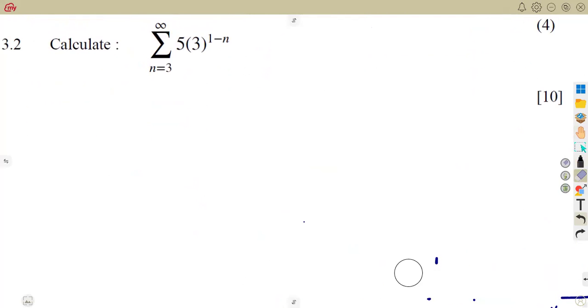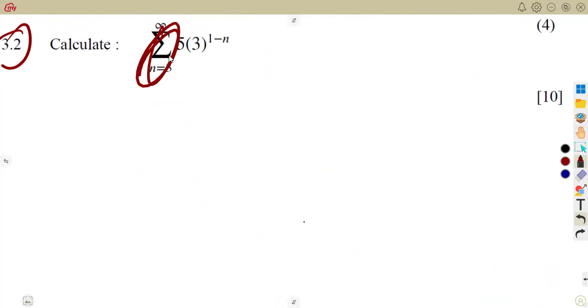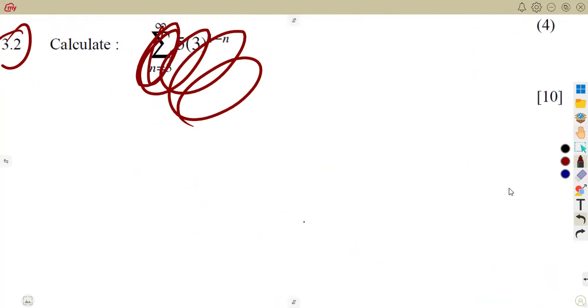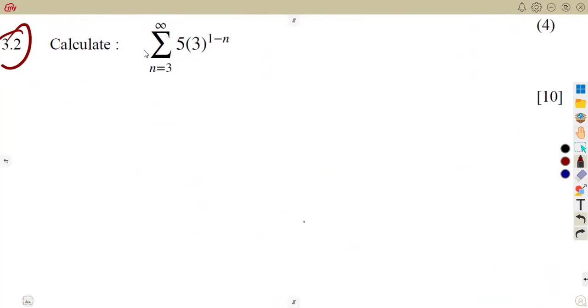Considering the other question, which had 4 marks. What is it about? Calculate: we are given a summation. Remember the sigma notation, that is the summation. I said this simply represents the sum of. So they are saying calculate the sum of these terms. But on top, we can see that these terms do not end. There is infinity there. Once you see this infinity, they are simply saying calculate the sum to infinity,